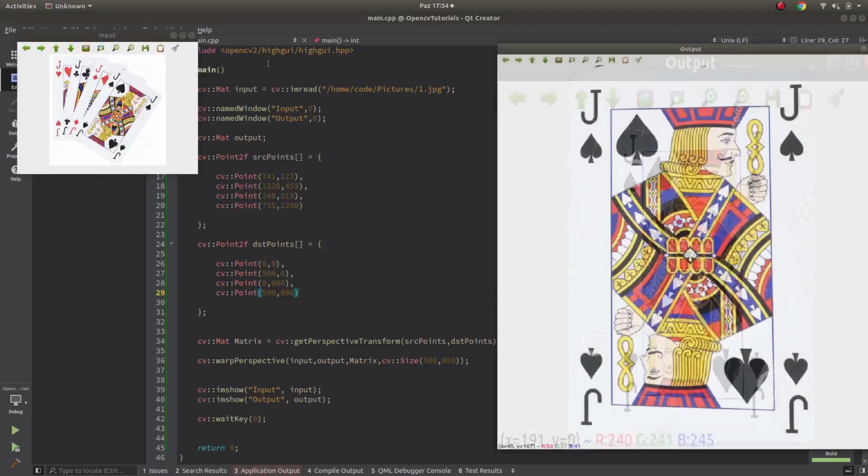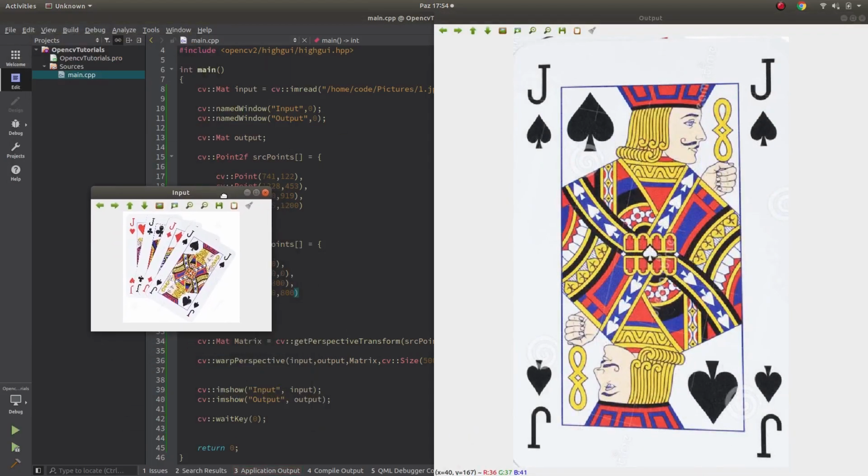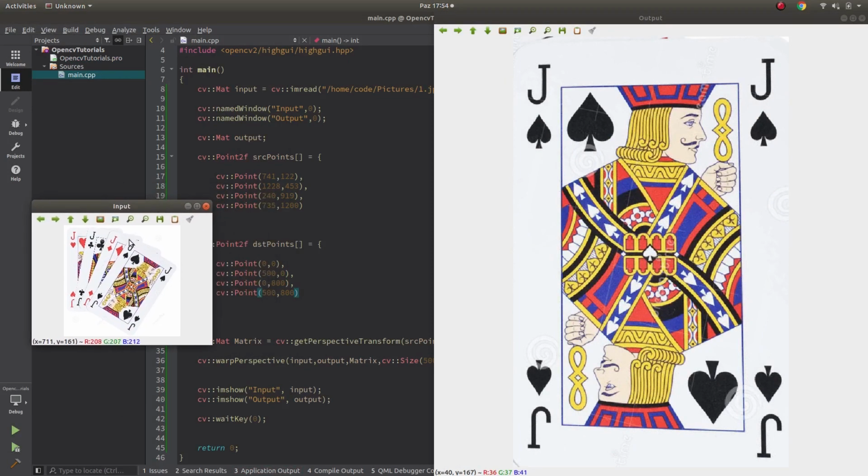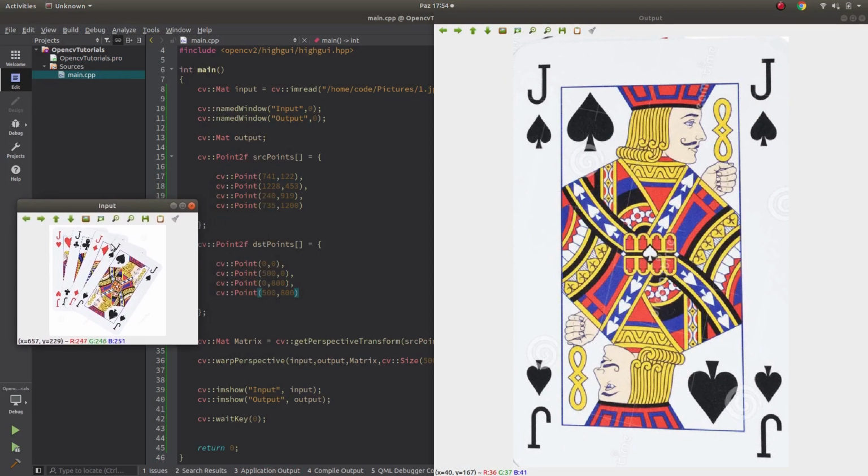Now, according to our input parameters, which we checked manually for the coordinates, we changed the perspective of this gimbal card image, and this is the output. Again, let's check the coordinates, for example 500, 800.